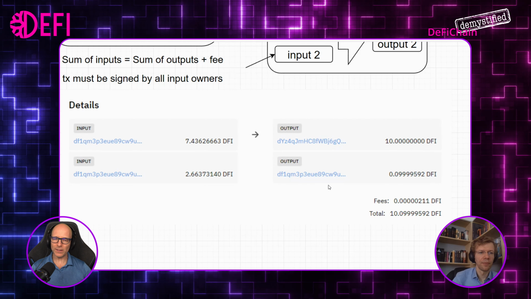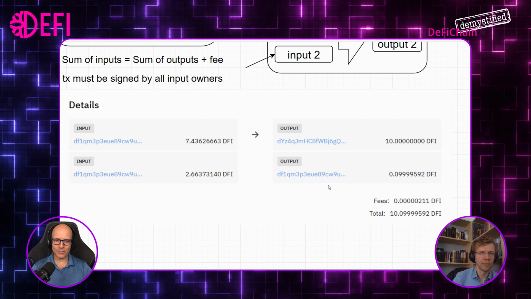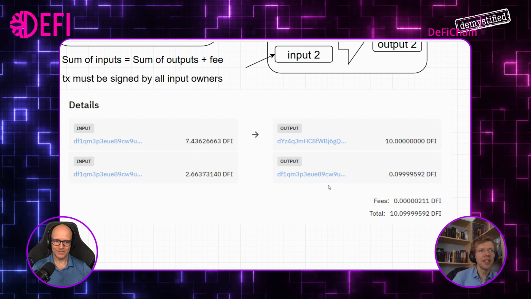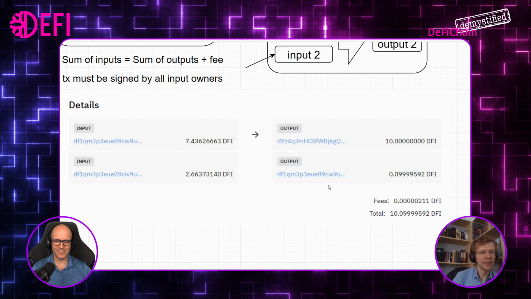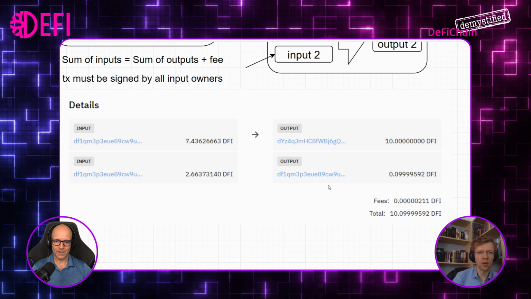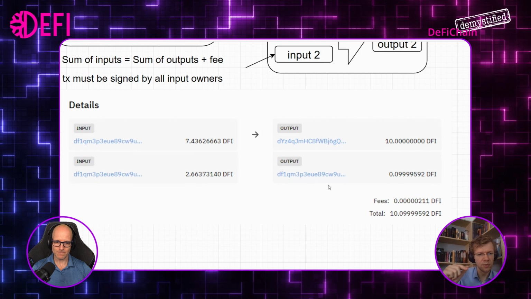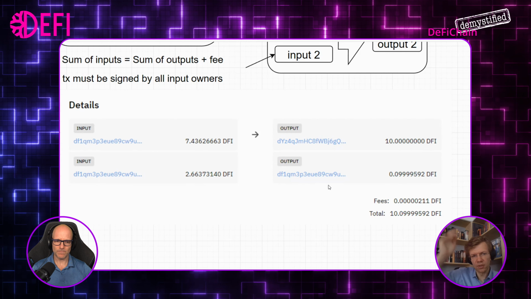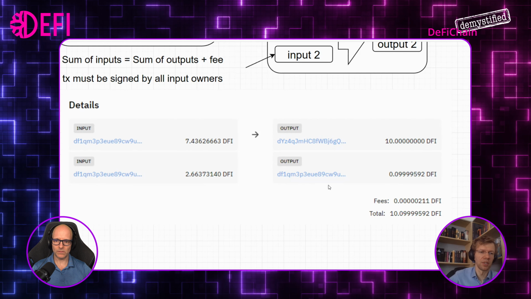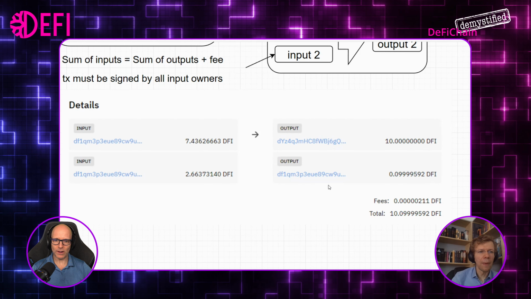Yes. Why is the Light Wallet doing this? Just to keep the storage low? Or any idea what the thought process behind this is? Honestly, I don't know. Okay. On the one hand, if you have a huge amount of UTXOs with small values, and you try to put all of them in, there might be some trouble with a really huge amount of UTXOs, but usually that's not a problem. It simplifies the whole thing, right?